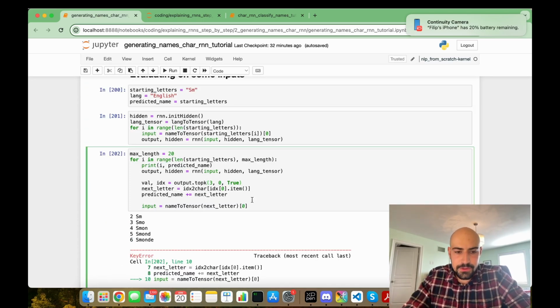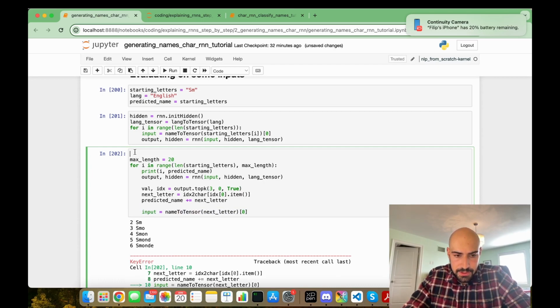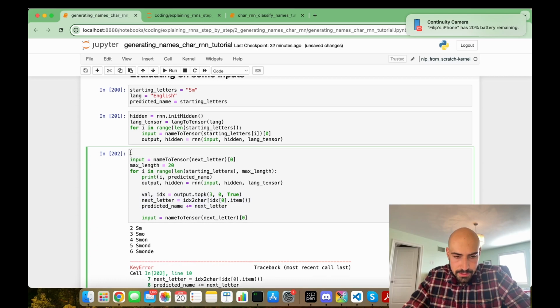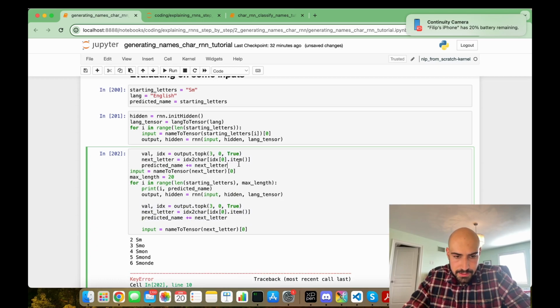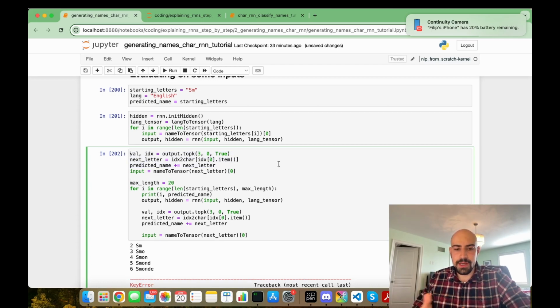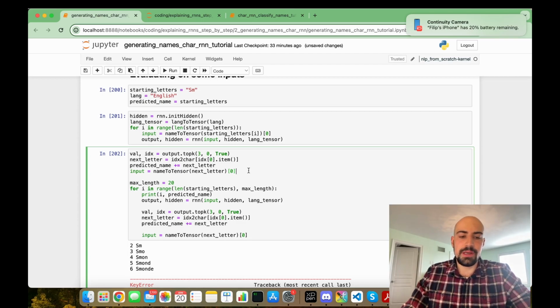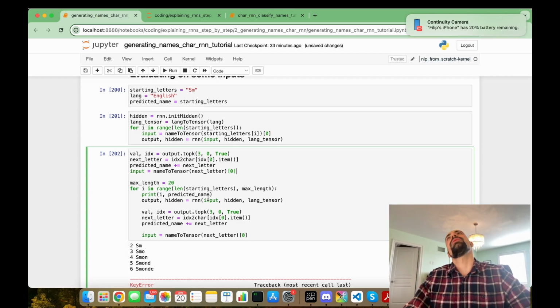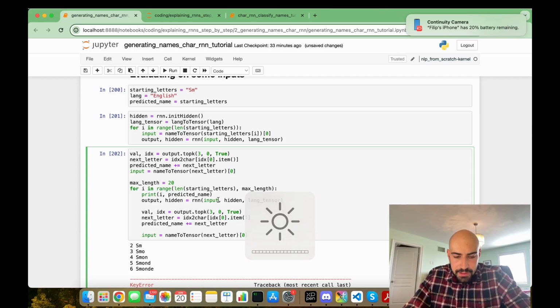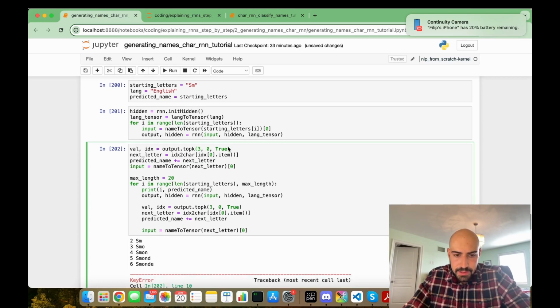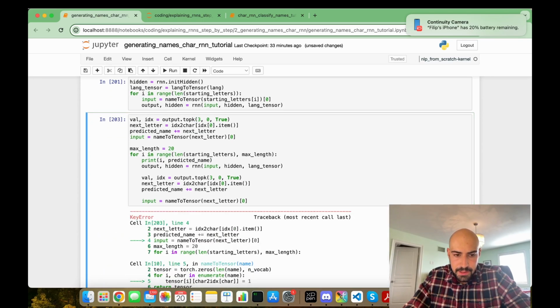Sorry, we actually have to calculate the input from the previous output first. So input is equal to, we have to do this on the last prediction. So we have to do this on the last prediction to get our input before we can use the input. Otherwise, we would have been using the input as M instead of whatever the prediction was. So let's fix that little piece. And let's try again